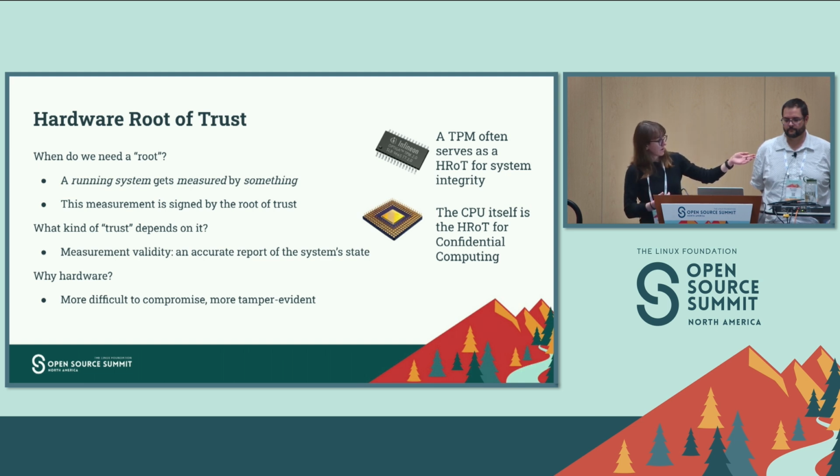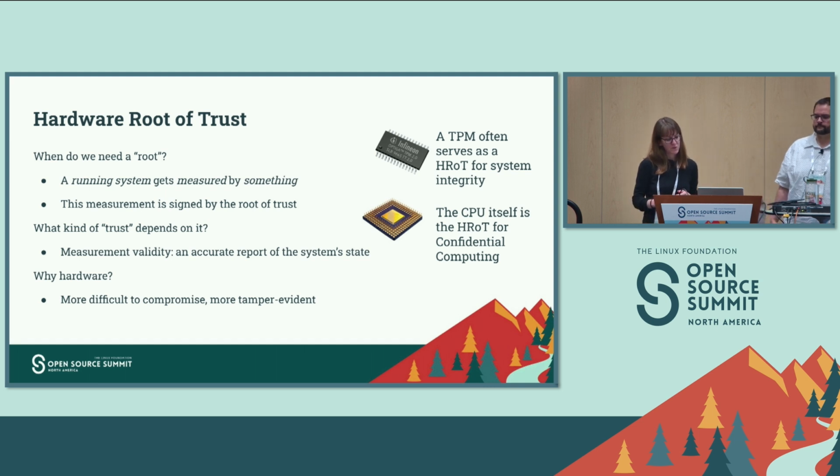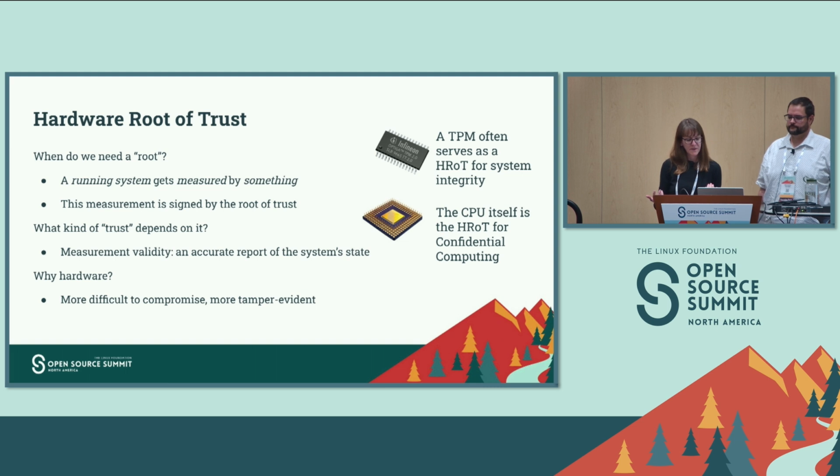This other image you see here is a CPU, so that's a hardware root of trust for confidential computing. That is out of scope for us here, but we just wanted to set the stage that there are different types of hardware that can be used for this hardware root of trust. Loosely, you can think of the hardware root of trust as similar to a CA in an X509 certificate chain, because it signs off on everything else downstream of it,